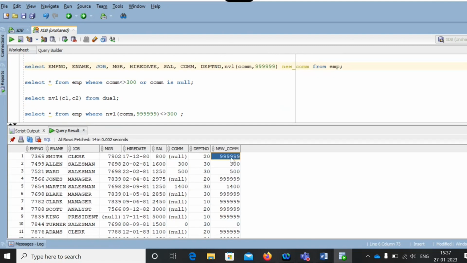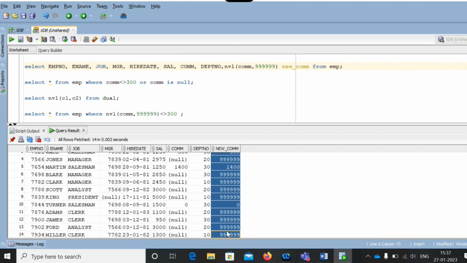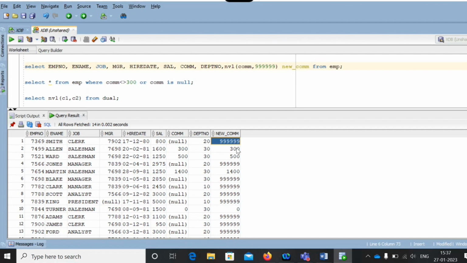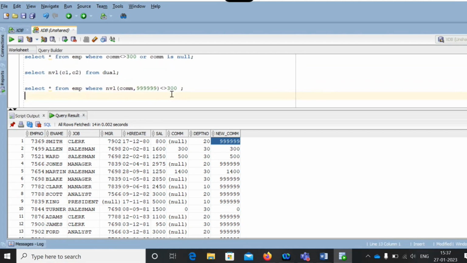Now the value is getting compared with this operator. 999 is not equal to 300. Sorry, what we mentioned? 300. And we mentioned 300 is not equal to 300. It's a false. So you won't get that result. You won't get that result.